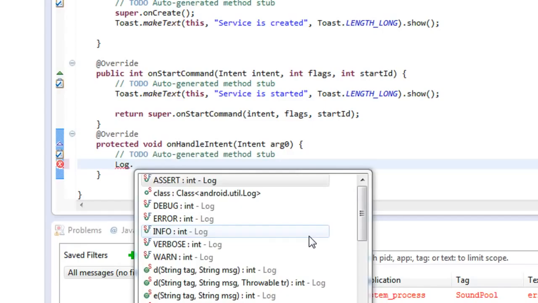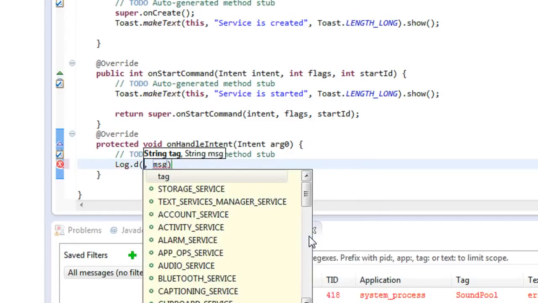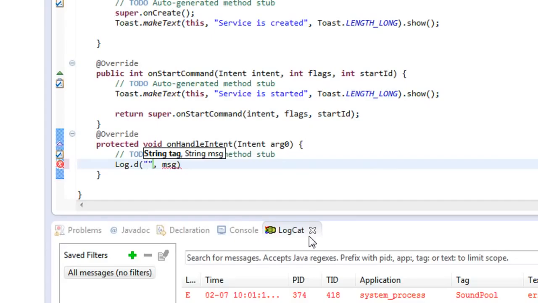Log.t, provide a tag here called service test, and provide a message: from the onHandleIntent method. Okay,